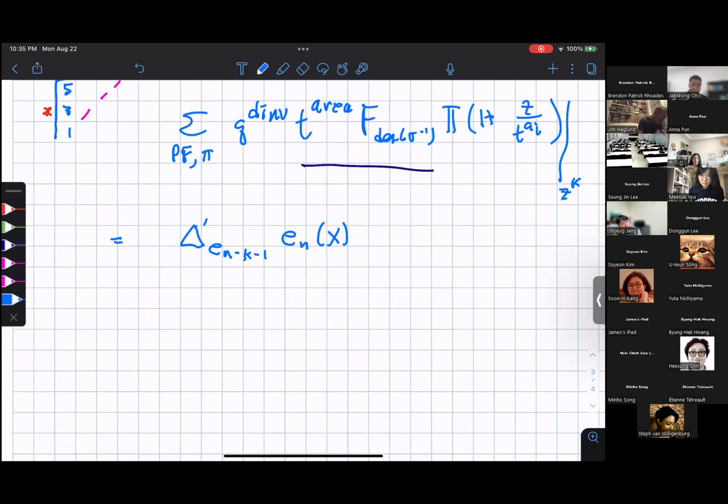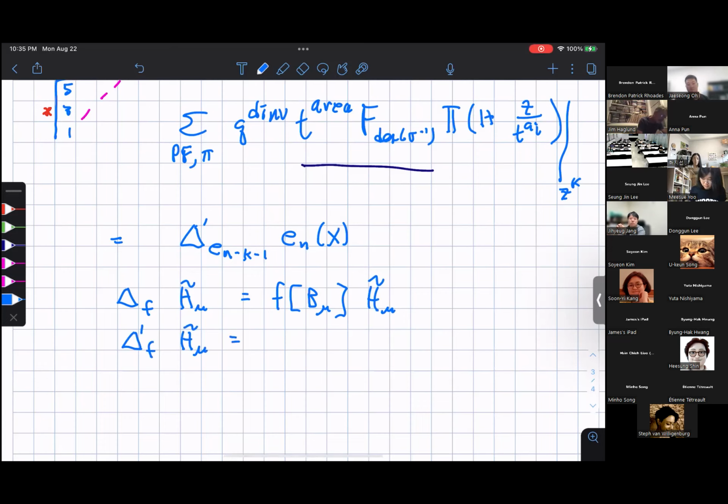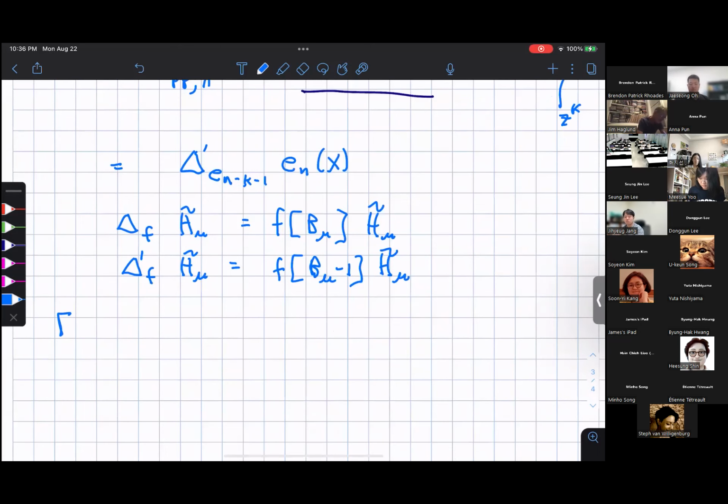Now, what is this delta prime? So first of all, delta sub f applied to some modified McDonald is f statistically valued. You plug in that b mu alpha bit, which we calculated a little bit earlier, and delta prime f for any f, you don't plug in the 1 corresponding to the corner square. Okay. And it's a fact that